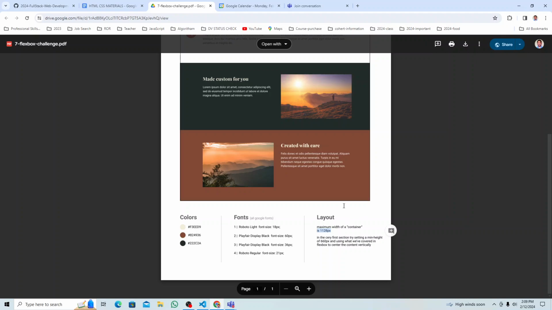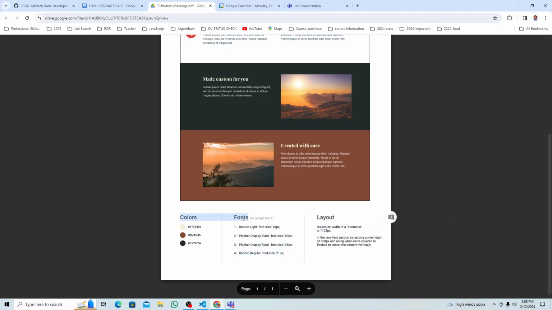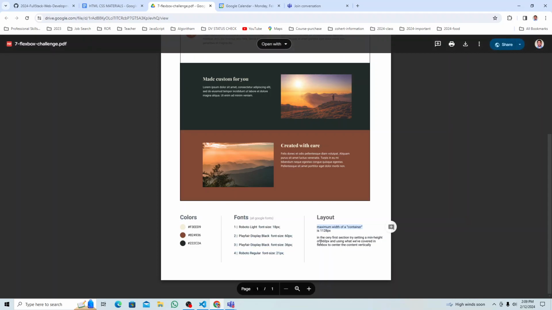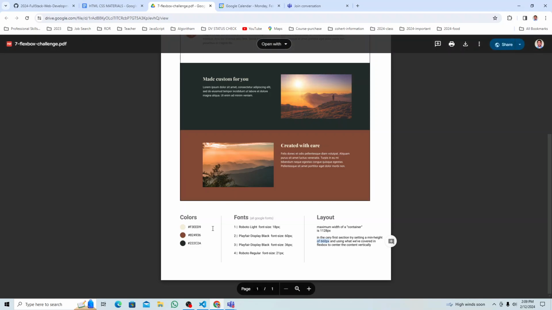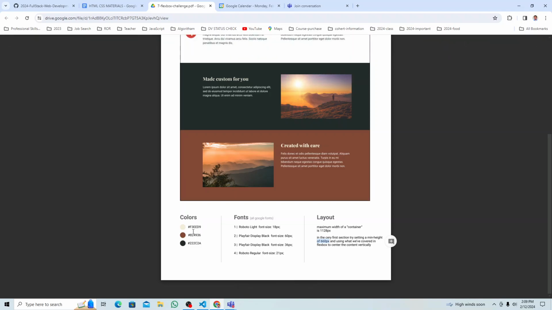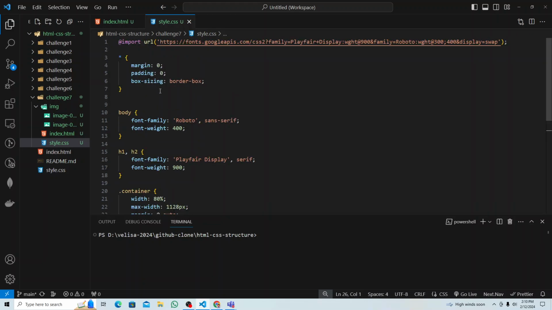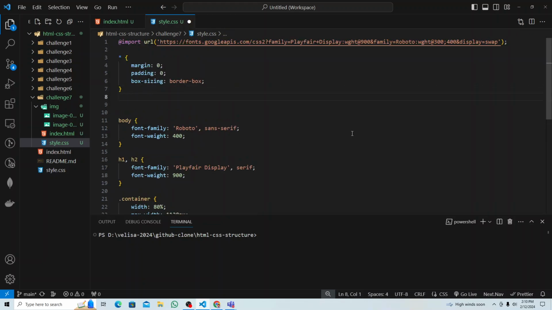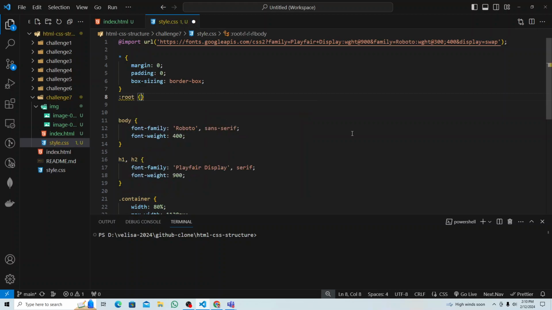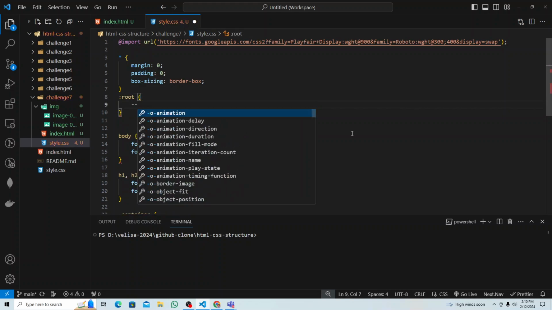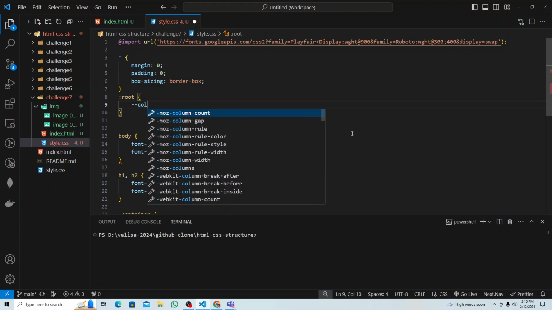Now what we can do is the next step. So we have taken care of this part. We have taken care of this part. 660 pixel. You can do that, right? It's okay. Even font, you can add the font, right? You can define it in a variable. If you have the font already, you can define the variable, right? So you can say colon root like that, and then dash dash. Let's call it, I don't know what the color name is, right? Color